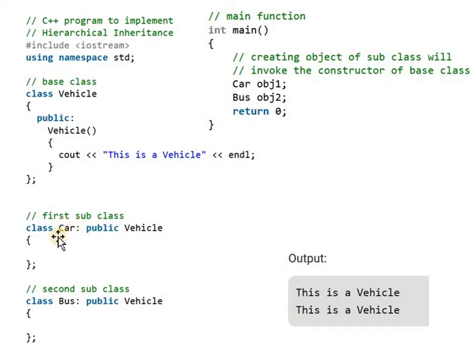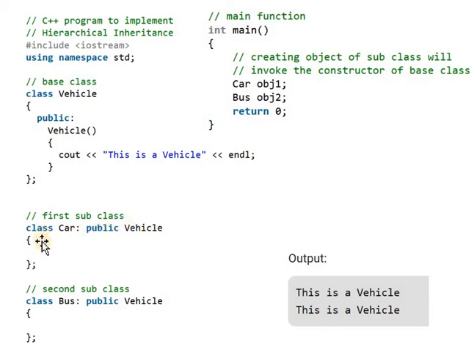What is the first derived class name? That is car. Then after that, we are using a colon operator. After the colon operator, we are specifying a visibility mode. And after the visibility mode, here we are specifying a base class name. What is the base class in our program? That is vehicle. So here we are writing the word vehicle.